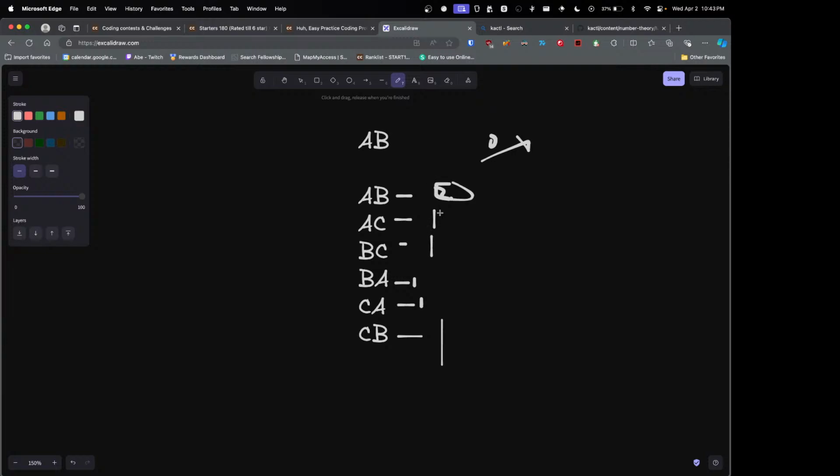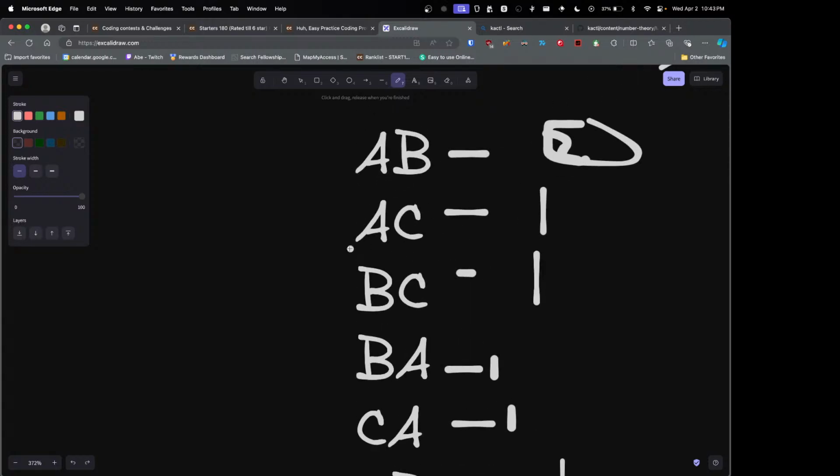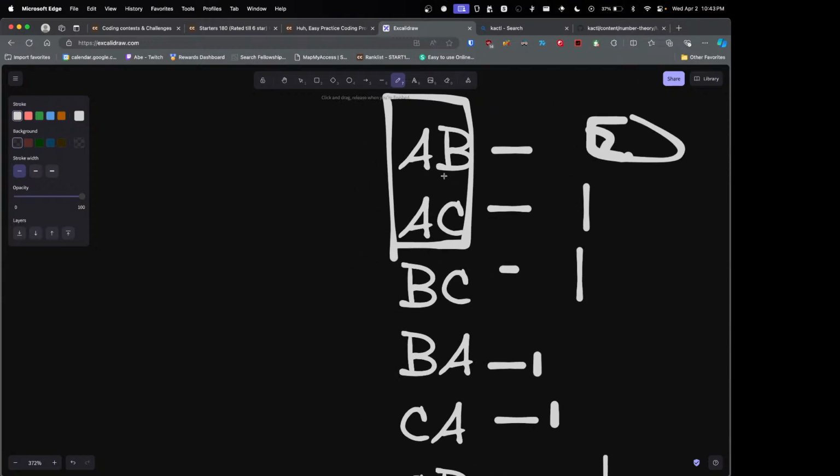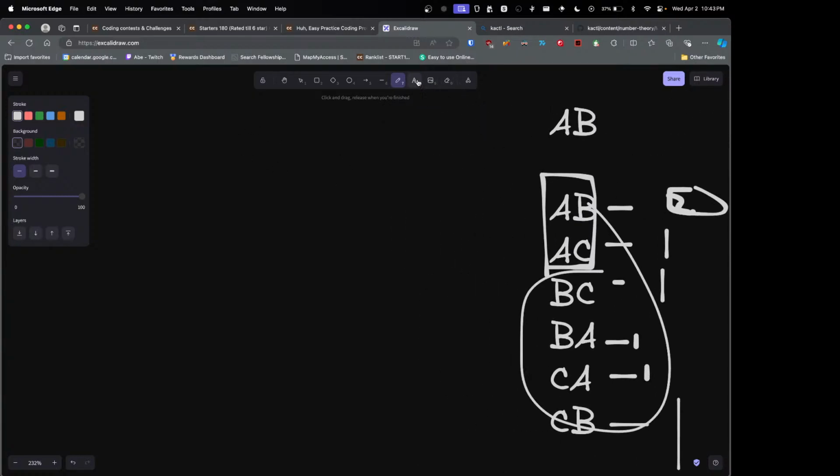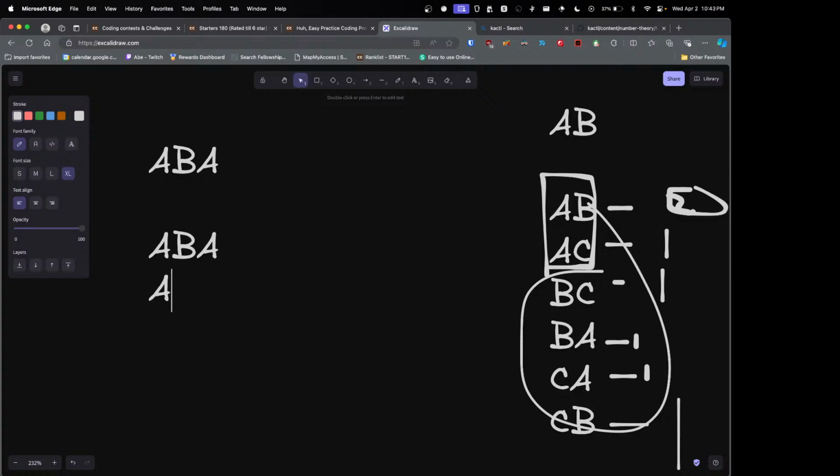And for 2 and 1, if you see, if I just consider these two only, AB and AC, I can make everything, right? I don't need to look around here. Cool. I'm showing you this so that afterwards I can show the exact pattern of what is happening. Okay. Now ABA, same thing. I can have ABA, ACA, ABC, ACB,